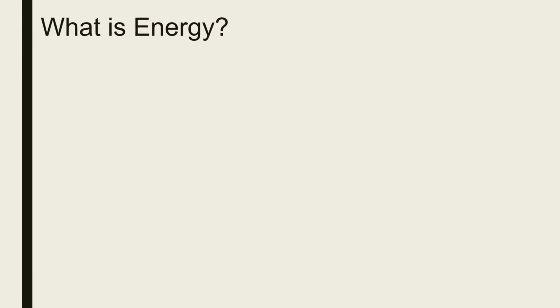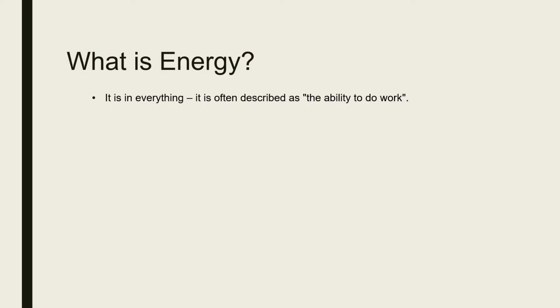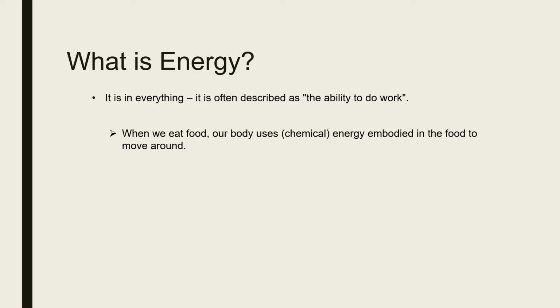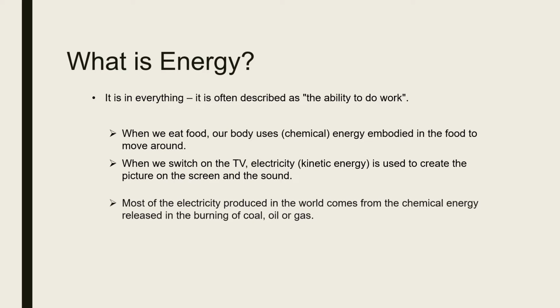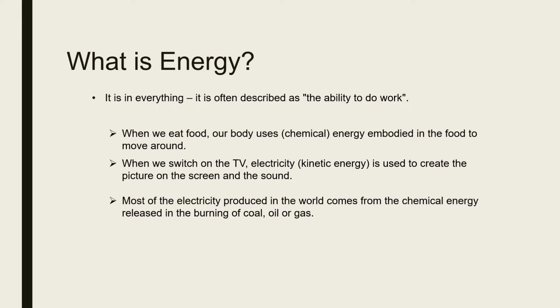Next, what is energy? Energy is in everything. It is often described as the ability to do work. When we eat food, our body uses chemical energy embodied in the food to move around. When we switch on the TV, electricity is used to create the picture on the screen and the sound. Most of the electricity produced in the world comes from the chemical energy released in the burning of coal, oil, or gas. Every time something gets warm, cools down, moves, grows, makes a sound, or changes, it uses